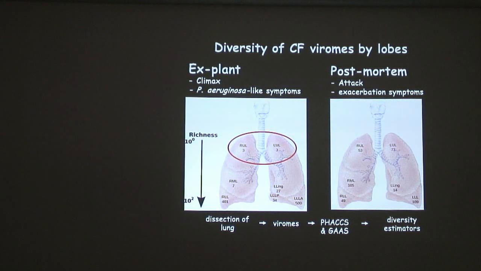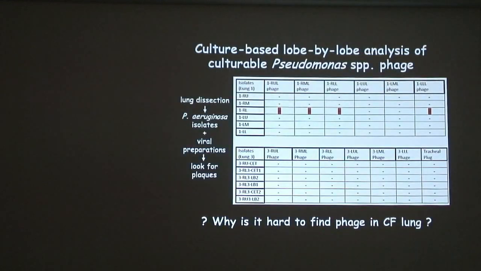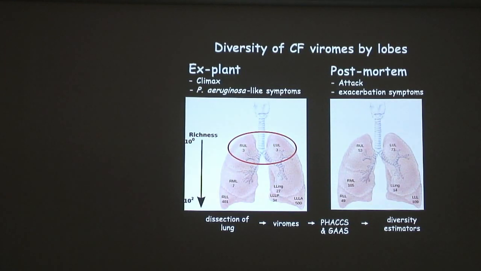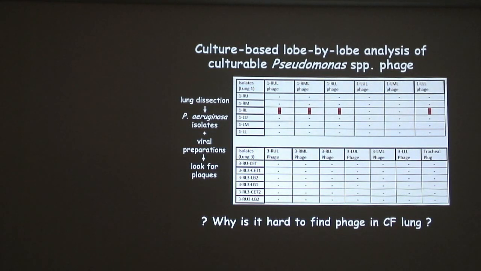All right, so what's actually going on here? So here we've got basically no viruses in this lung. It actually goes back to this idea of temperate behavior. So our model is that when you're so close together and you're stuck in those biofilms, phage cannot do their job of attacking, right? They can't go in, kill the bacteria, and then find a new host. So everything is a lysogen.